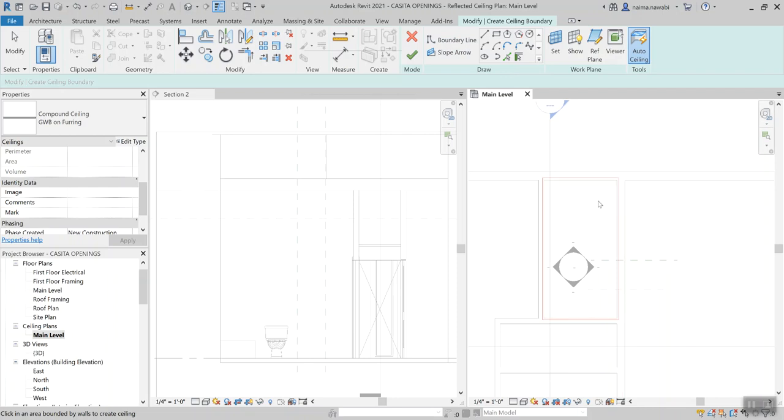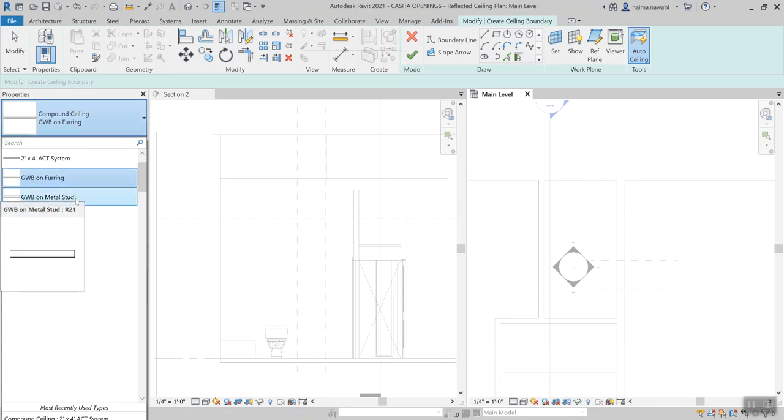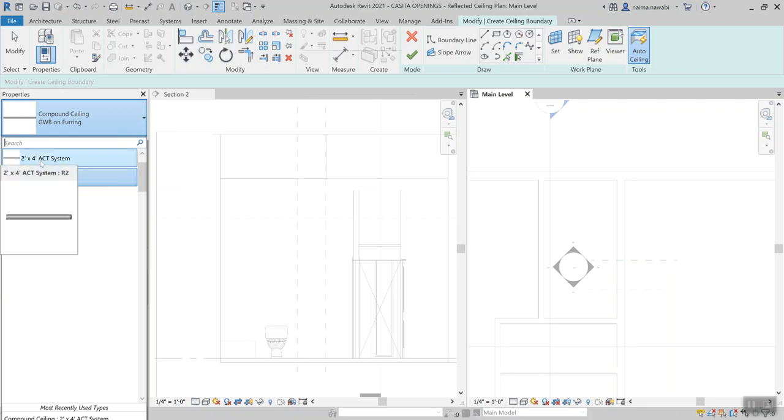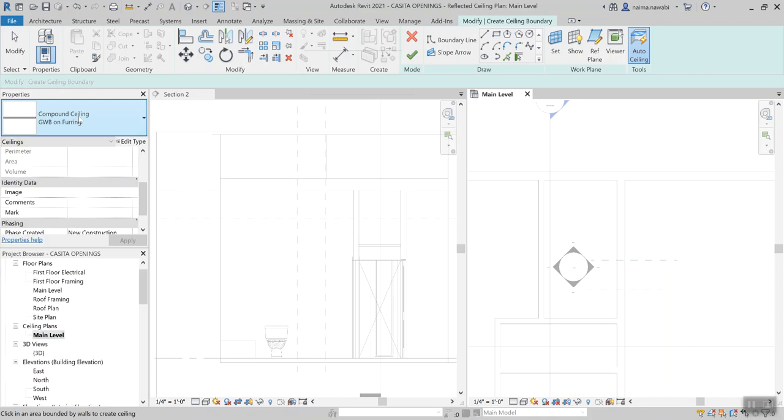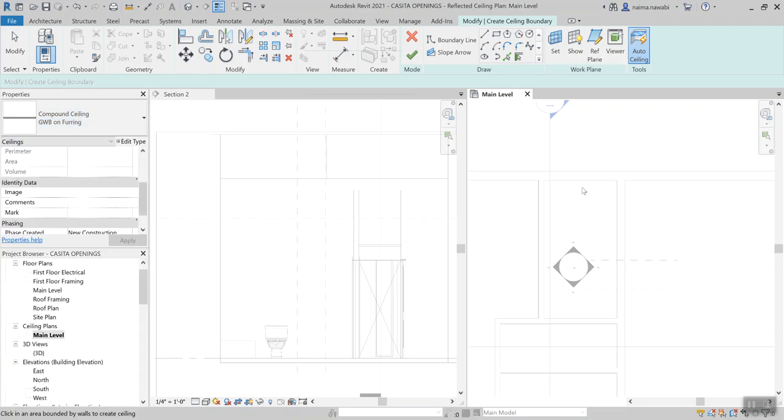But for this auto ceiling, as soon as I click in the space, actually, sorry, before I click in the space, take a look. It is going to put in a compound ceiling, gypsum wallboard, that's essentially any sort of painted drywall, on furring. Furring is a wood stud. I also have an option for a metal stud or an acoustical ceiling tile system. We typically don't use that in residential, but I've honestly seen everything. So when I click in here,